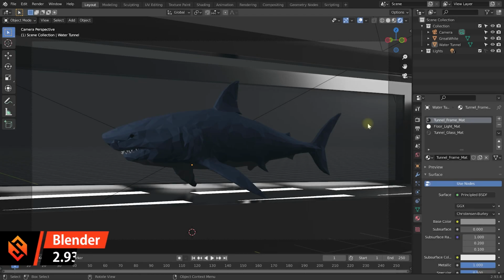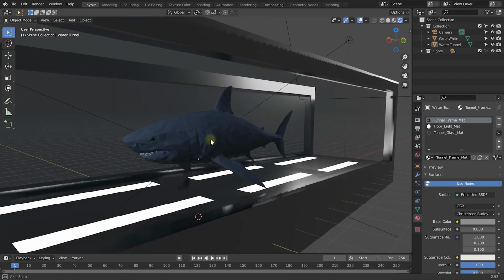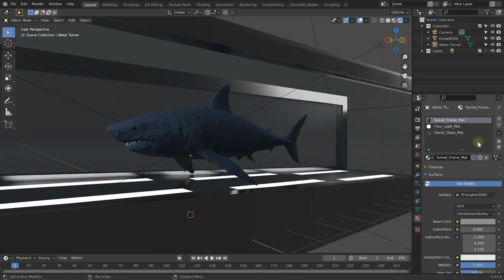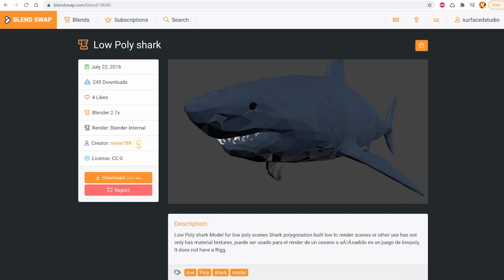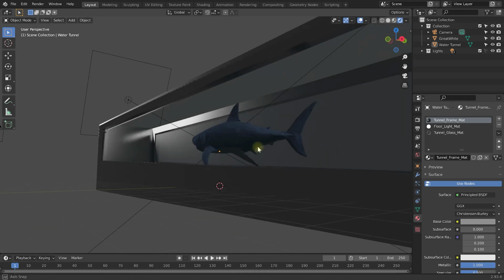Welcome back to the exciting world of Blender. And since most fluid tutorials for Blender seem to have you drop some liquid into a box, I thought I'd try to make this just a little bit more exciting, so here's a shark. Now I got this cool low poly shark model off Blender Swap from someone called Riser789, so thank you very much for that. The other thing I've set up here is kind of a wind tunnel, like a water tunnel